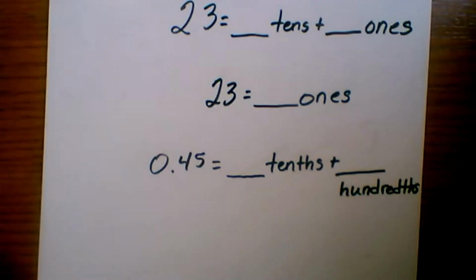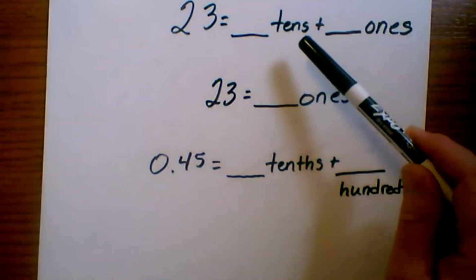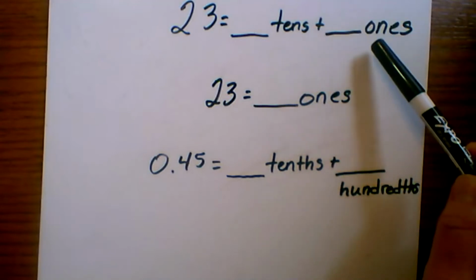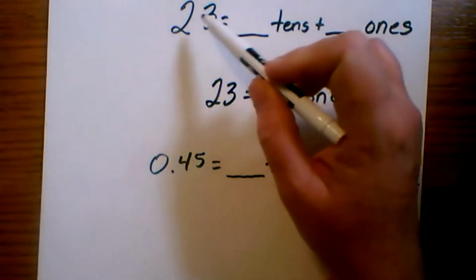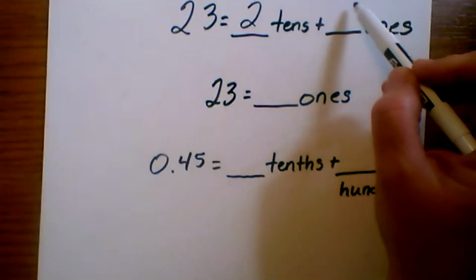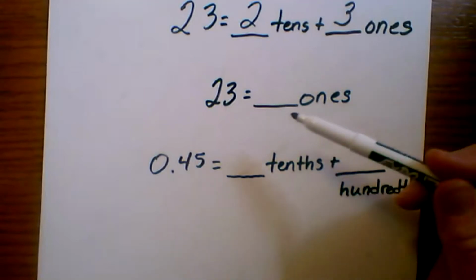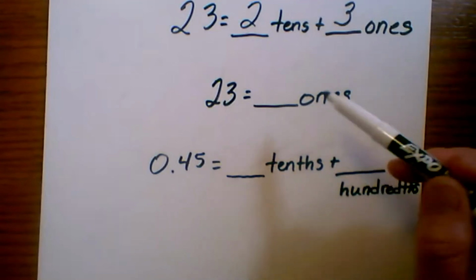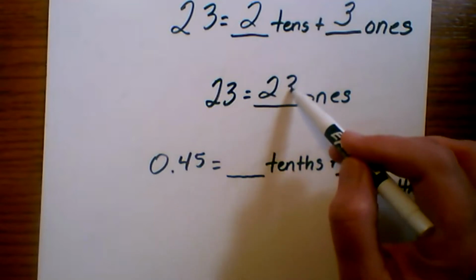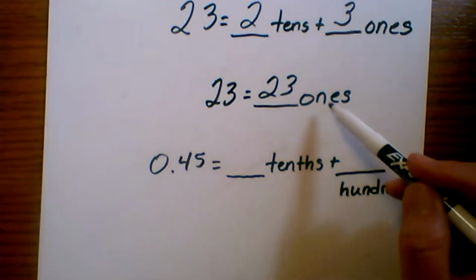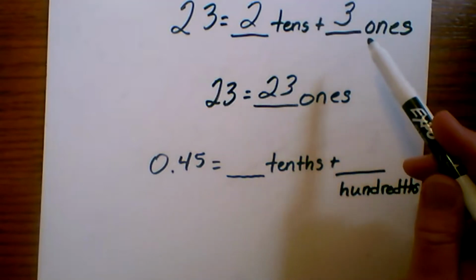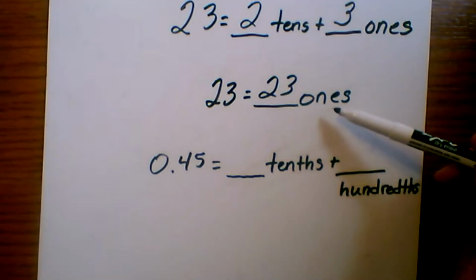So the lesson has you writing this out and asking your child, 23 equals how many tens and how many ones? Okay, so your child should know that 23 equals 2 tens and 3 ones. Next, you're asking how many ones are there in 23? This is typically how people think of numbers unless they're taught to think in tens and ones. So it's not wrong. There are 23 ones, but we want our kids to realize, and this is why we